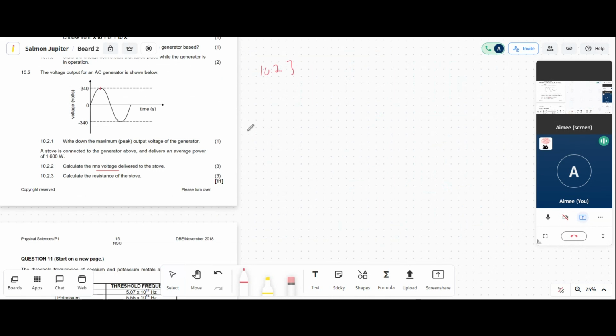So you're going to go to your formula sheet, and you're going to see that there is a formula that says P average, otherwise known as the average power, which is what they've given you, is equal to VRMS squared